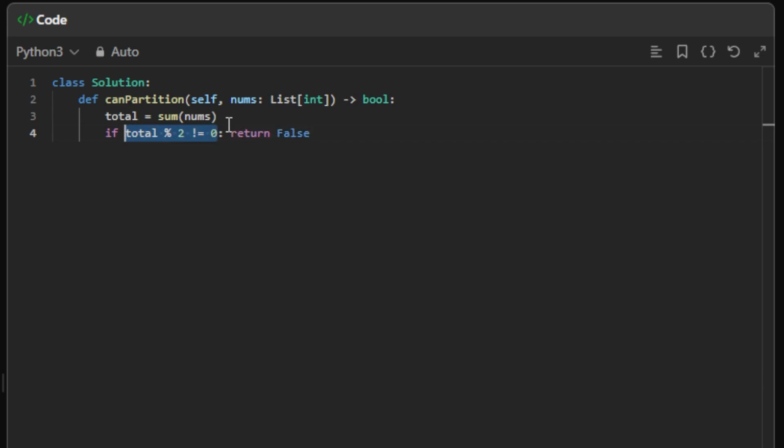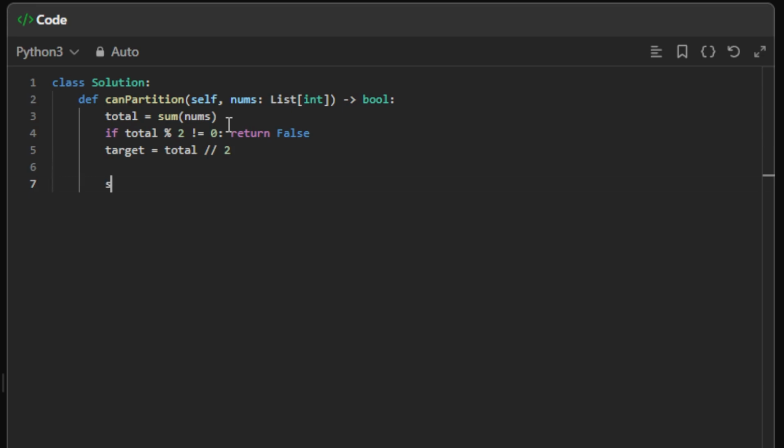What this means is we will never be able to partition the array into two subsets with equal sum, because this is an odd number. So if total is even, we can continue and say target equals total divided by 2,